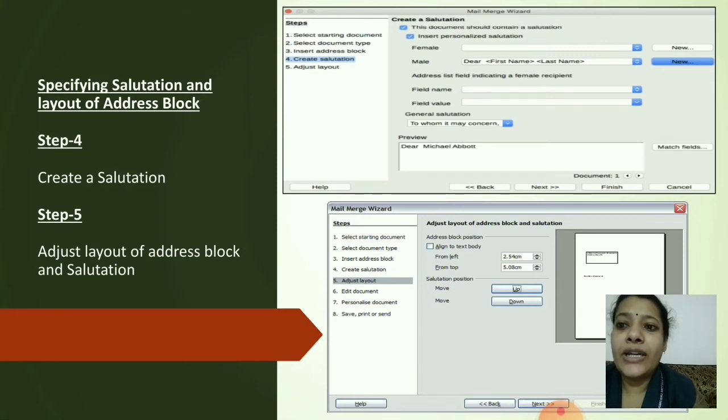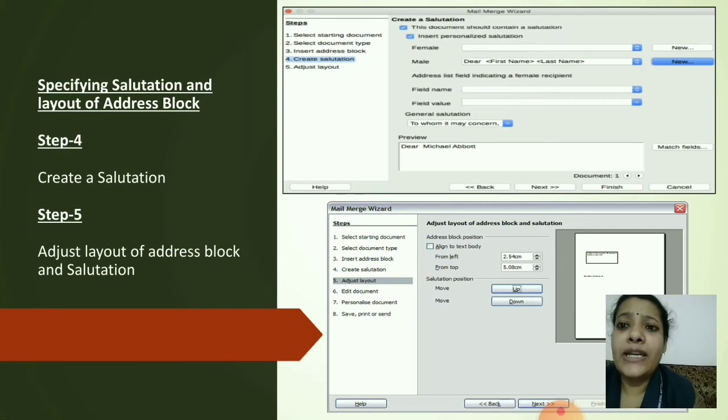Here you can decide what type of salutation you need in this particular letter. If you are sending letters to your friends, you can start with dear friend. If you are sending something official, you can start with dear sir or madam.